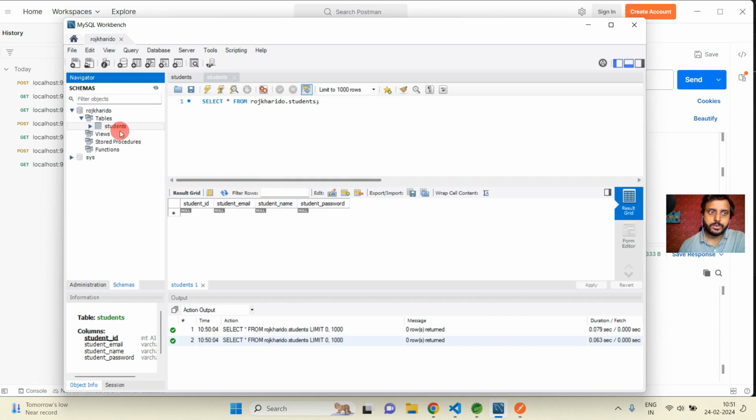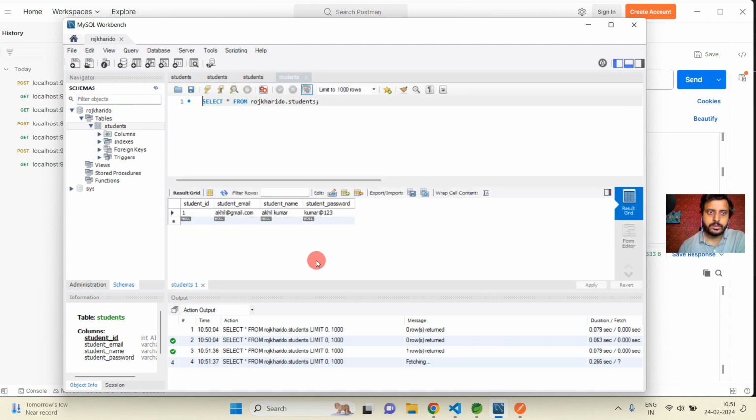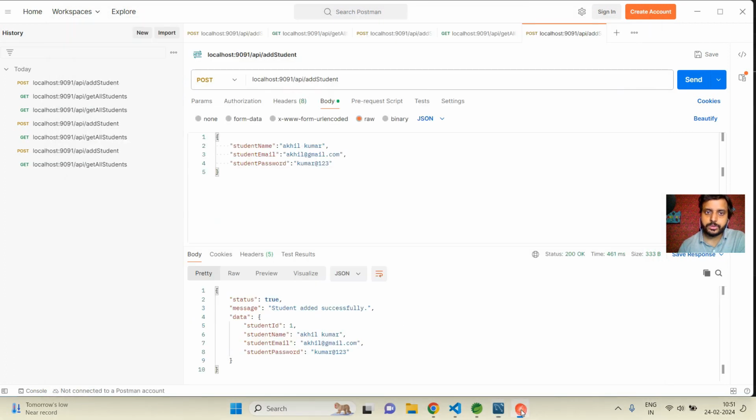Then you can see in the table section, we have one entry. Okay, akhil@gmail.com, and all this information. So finally, we are using the RDS database. Again, I'm going to add one more data, like